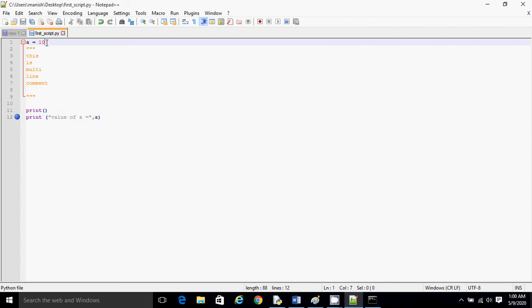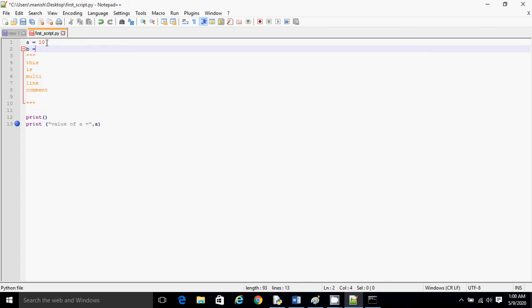Now what if there is more than one variable, and you want to print value of a equal to this and b equal to this? I will show you what I wanted as an output: a equal to 10 and b equal to 20. To get an output like this, if you write two variables directly, it will give it at the end. If you remember, when we discussed strings and their methods, we talked about the format method. So we can apply a format method on this.